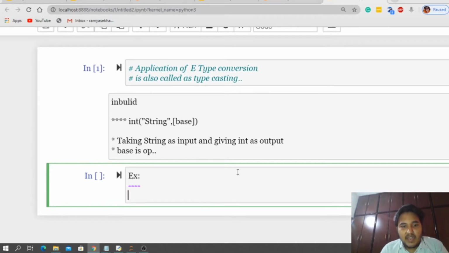Let me take an example of 1010. This is in base 2 format. I have already told you how to convert base 2 into decimal. How can we convert it, guys? We can convert it by multiplying each digit with its power of 2. So 2 power 0 into 0, the first term being 0, plus